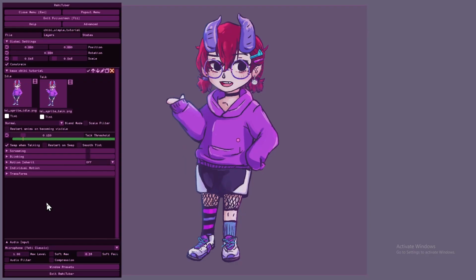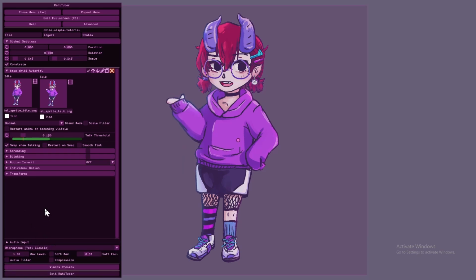So when we come down here to audio input, this is going to be very important for us to adjust to get the effects that we want. It's also very important to be aware that your settings for your mic and your voice are probably going to be super duper different. A lot could change depending on what filters your mic already has, how loud you normally speak, etc. My mic, a Blue Yeti, comes with its own software, some kind of Logitech G-Hub type thing, and I think it turns the gain all the way up or something like that.